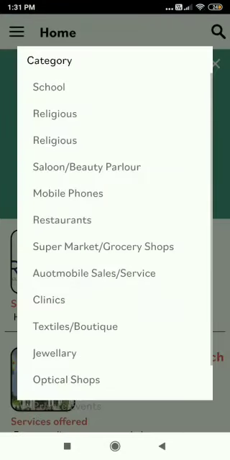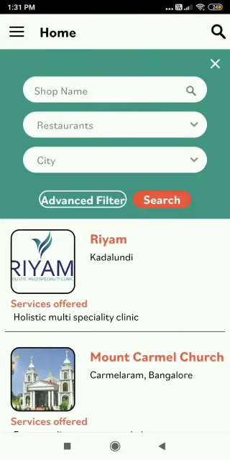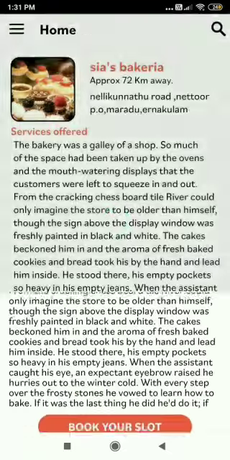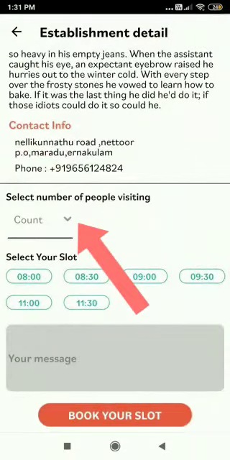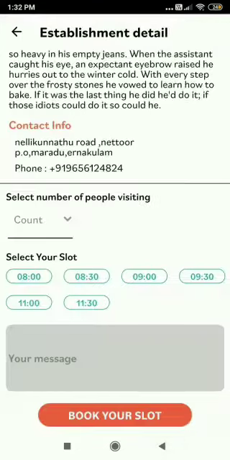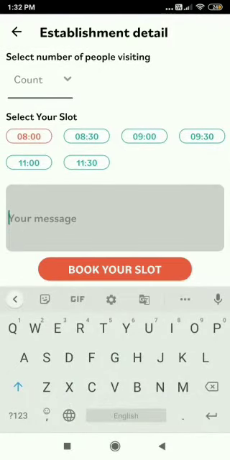Select the restaurant of your choice using the advanced filter option. To book a table, select the option, for example, tomorrow. You will be asked to fill the count of guests. The default count is 1 and the preferred time slot. If you want to convey any special message to the restaurant, then do so by typing it in the Your Message text box.